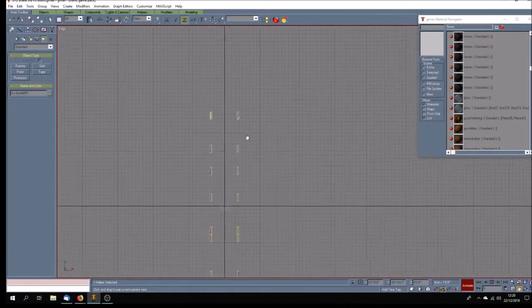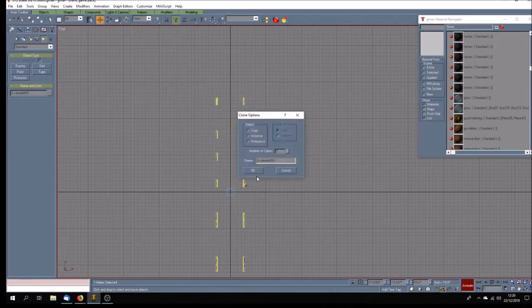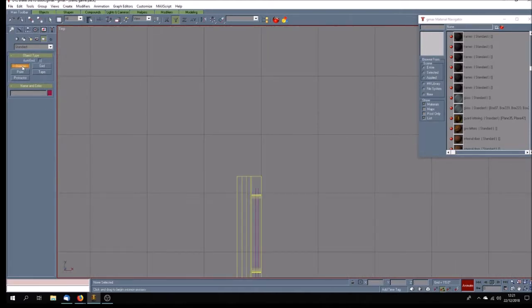So now what I can do is I can clone that, just guess, and it's going to be 02, 03. I'm going to position them correctly in a minute. 04, 05, 06. These are all hinged on the right, and then I go in and I make dummy